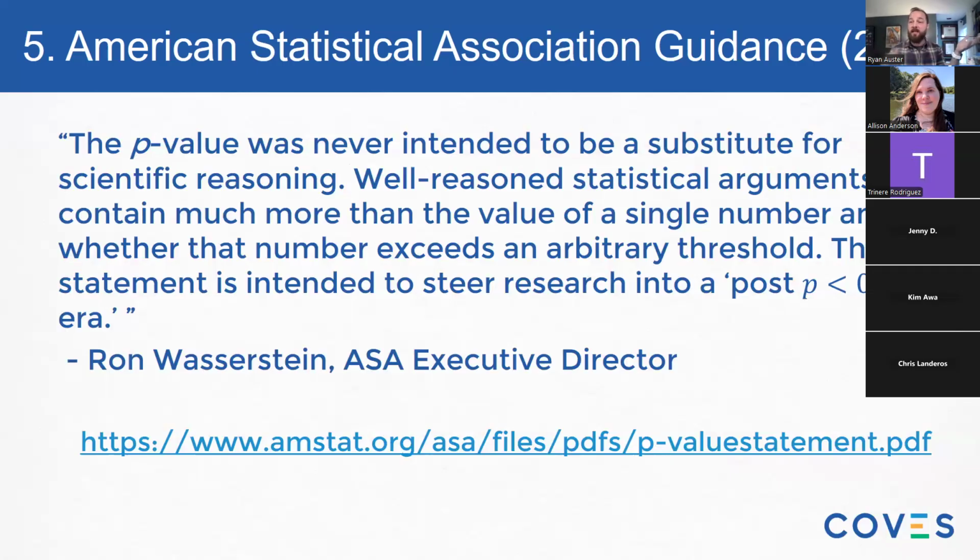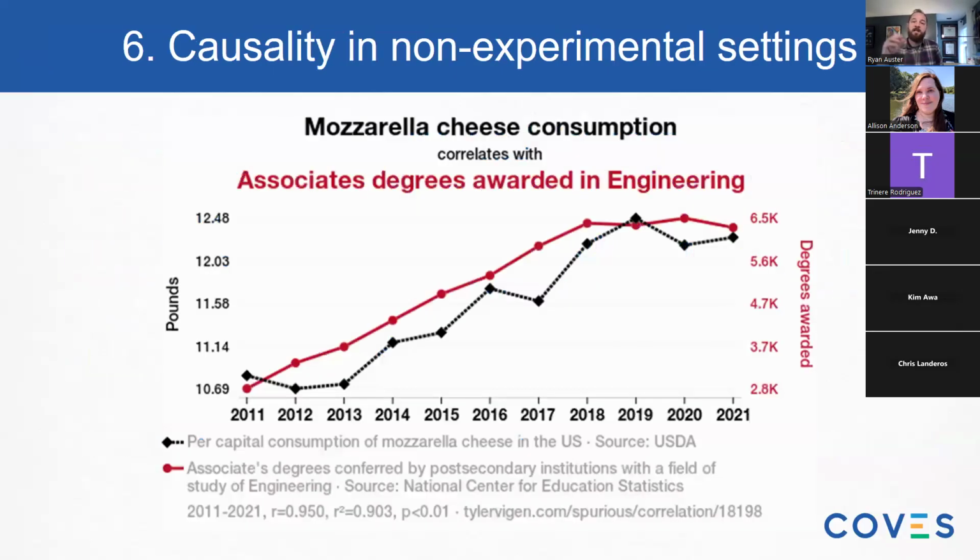An intervention happened and it changed people's perceptions, or there are differences between groups, or our racial composition of visitors matches census, something like that, right? Like it shouldn't always be about statistical significance. And even the American Statistical Association was urging us not to rely solely on p-values. And the final thing I'm going to leave you with here is causality in non-experimental settings.